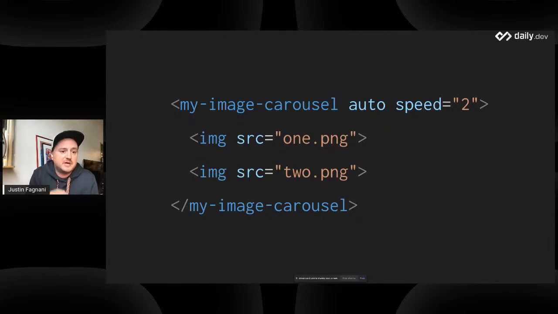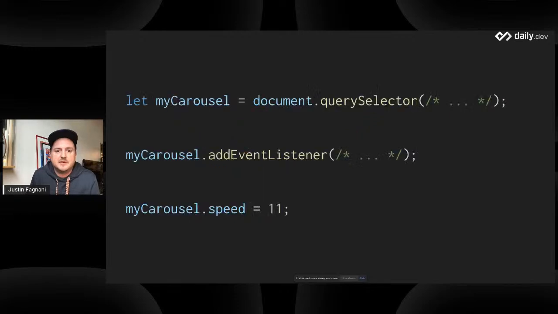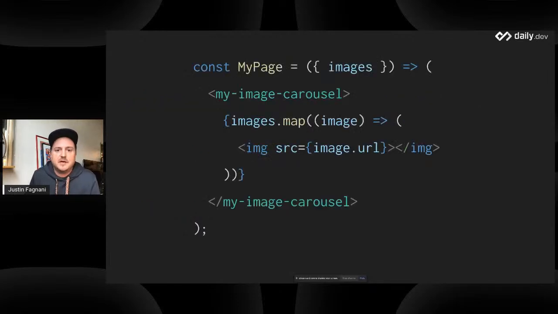HTML elements also have a JavaScript interface that's exposed by the DOM. All right, so you can get a JavaScript reference to an element. You can query select something out of the document, or you could create one with create element. And then you can do things like add event listeners, just like on built-in elements, or set properties. And these properties can be any type of value, by the way. They could be primitives like strings or numbers, or they could be complex objects and functions. And